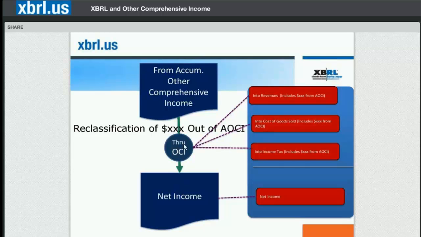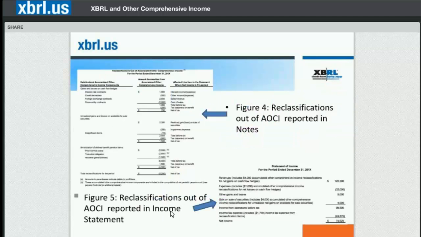So they go through OCI into income and impact net income. They could go into revenues, cost of sales, income tax, whatever line item on the income statement or whatever caption is impacted. And we'll see how to tag that. Both of these figures from the FASB Implementation Guide's examples show how reclassifications from AOCI can be disclosed. Here we have